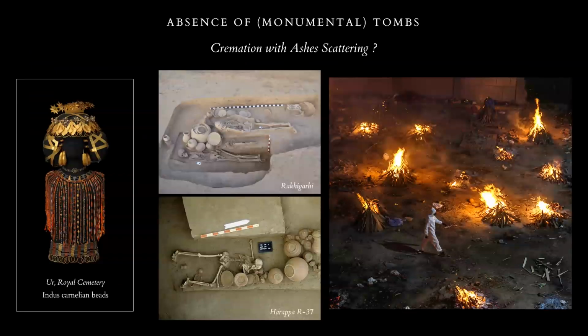In stark contrast to other contemporaneous urban cultures, excavations at the Indus civilization sites have yielded only a few hundred very simple burials. Given the large populations that must have inhabited cities such as Harappa and Mohenjo-daro for nearly a millennium, these small cemeteries likely represent only a limited and possibly secondary segment of the Indus society, while the majority of the population was probably cremated and their ashes dispersed.